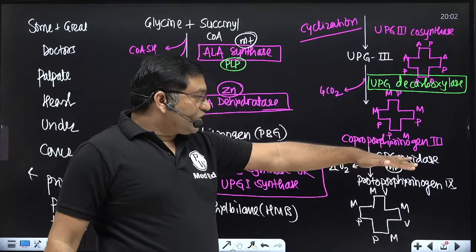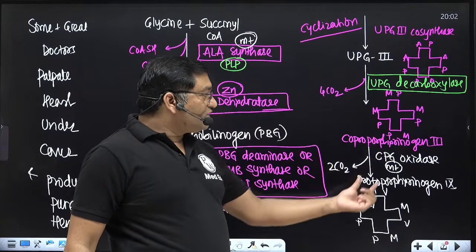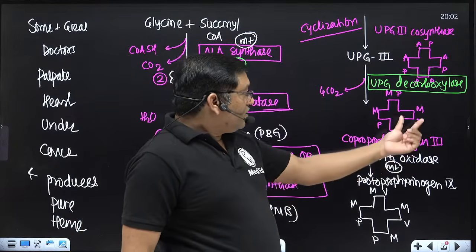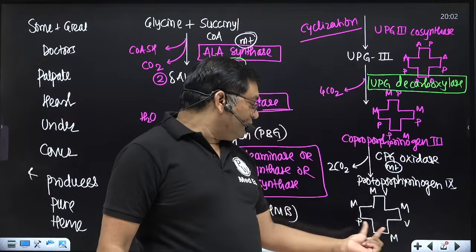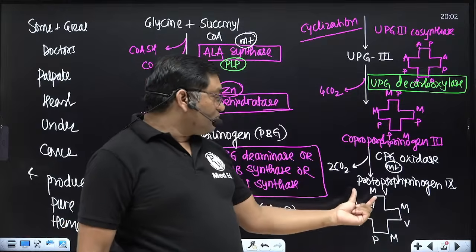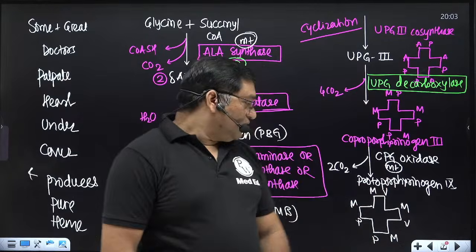So coproporphyrinogen oxidase, on decarboxylation, converts these 2 propionate groups into vinyl groups. So MV, MV, MP, PM is there. This molecule is protoporphyrinogen 9. Now this protoporphyrinogen 9,